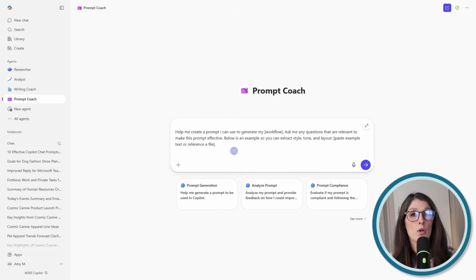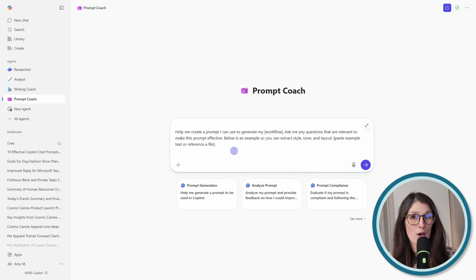You could provide Copilot with some context about your weekly status report. However, sometimes I find it's better for Copilot to ask you some questions about the report, and then you can just use natural language to describe and provide some context to Copilot,